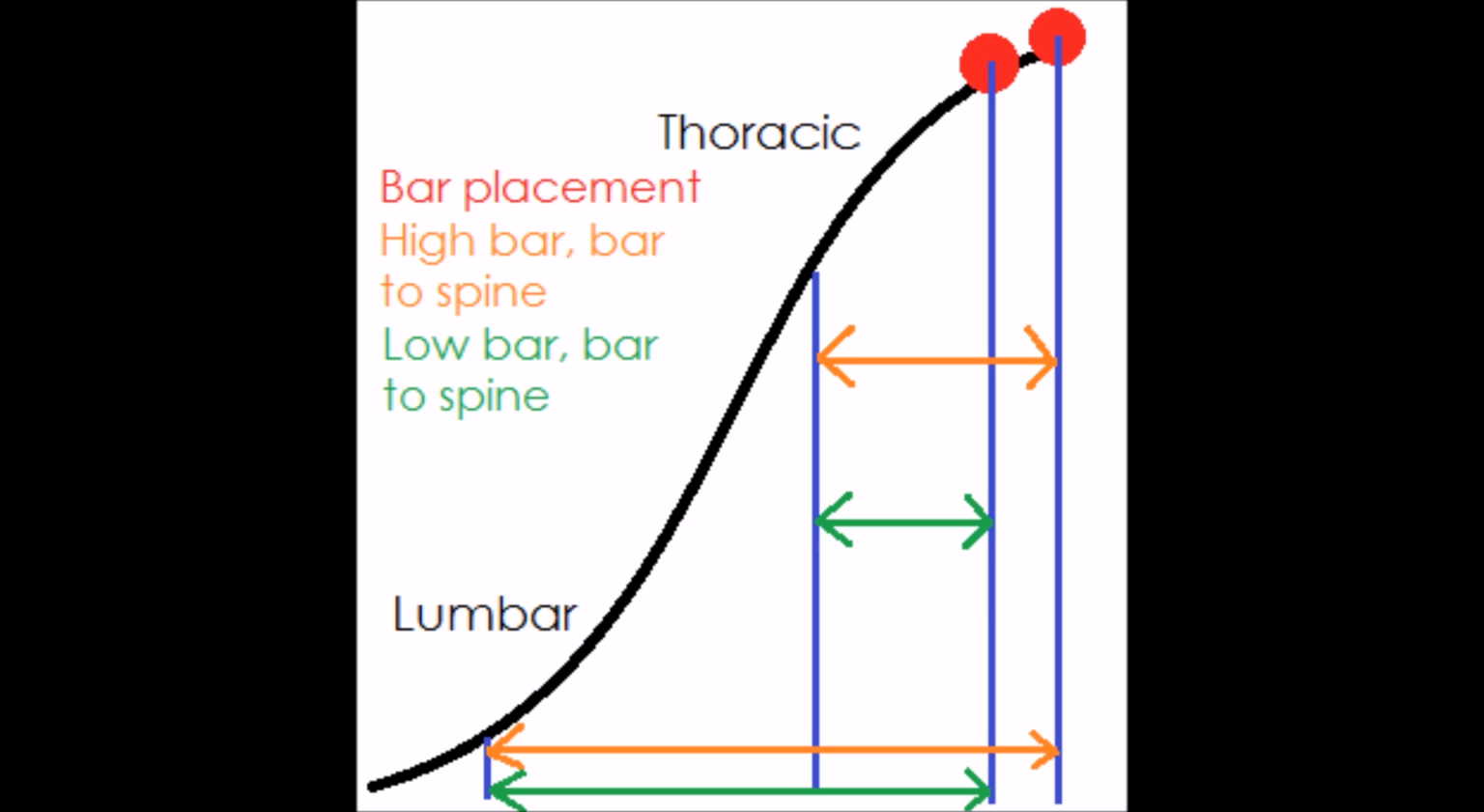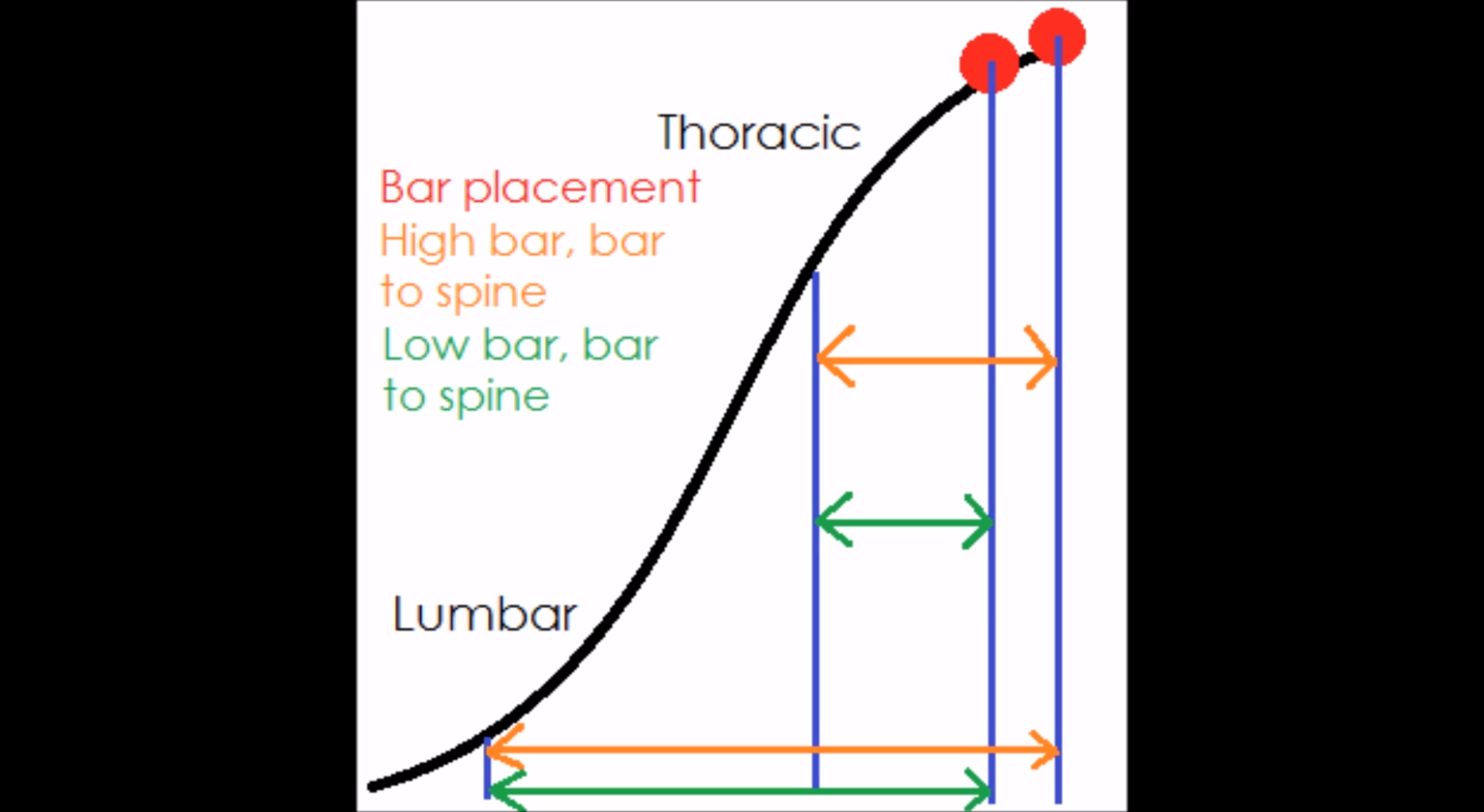The black curvy line running through the picture represents the spine with a natural lumbar and thoracic curvature. The two red circles at the top right represent high bar and low bar position. The one on the right is high bar, one on the left is low bar. And the arrows represent the spinal extension moment arms for the thoracic extensors and the lumbar extensors. The orange ones for high bar and the green ones for low bar. So as you can see, because the low bar position has the bar sitting slightly higher and when in hip flexion farther forward,